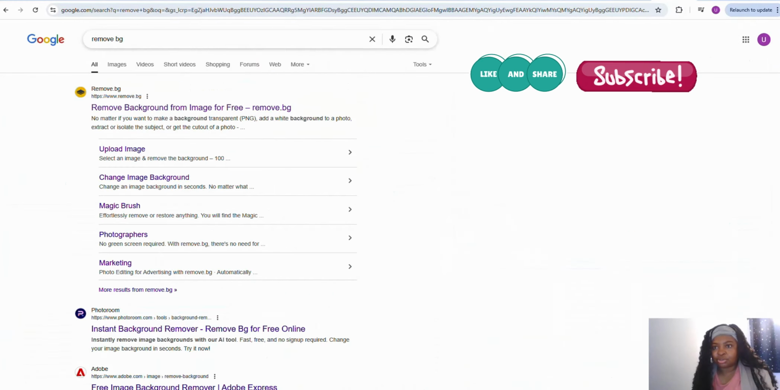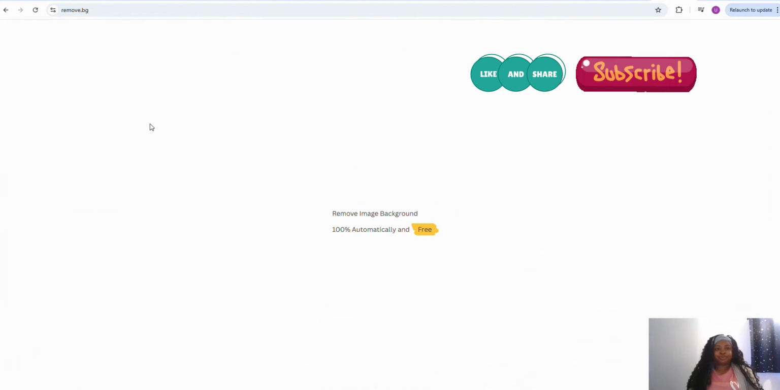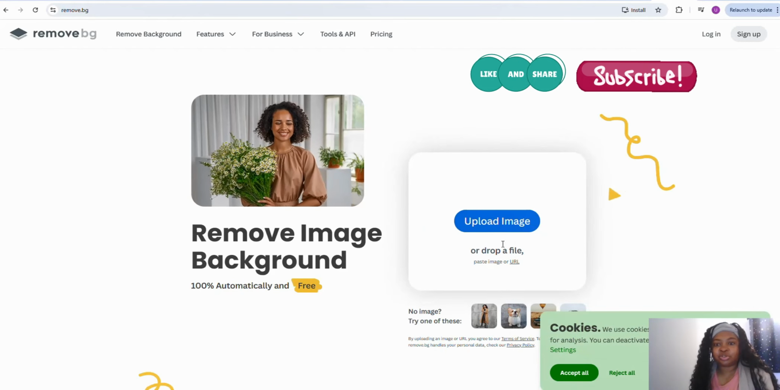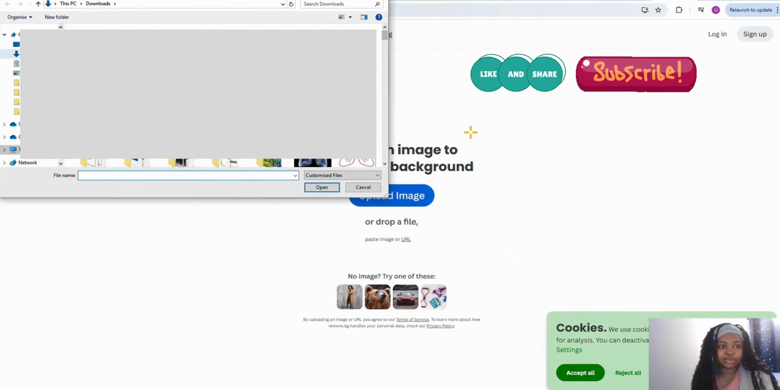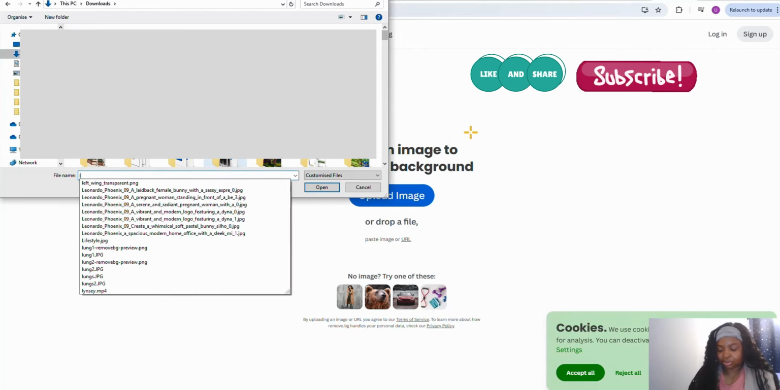So what you do is go to this site, remove background on Google. So you click on it. We want to remove the background of the image. So let's upload our image now. So we go to where did we save it? I think I saved it on download. So I just click on